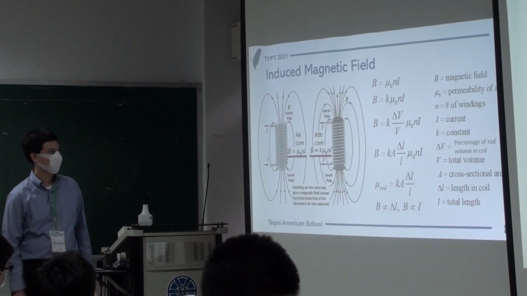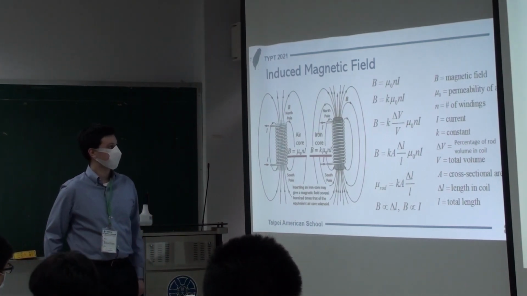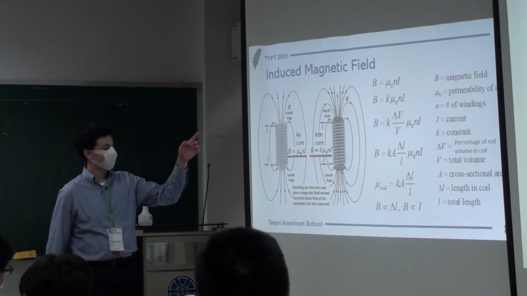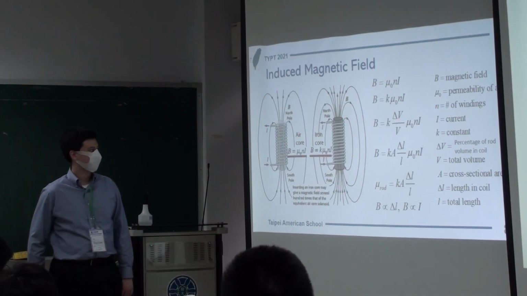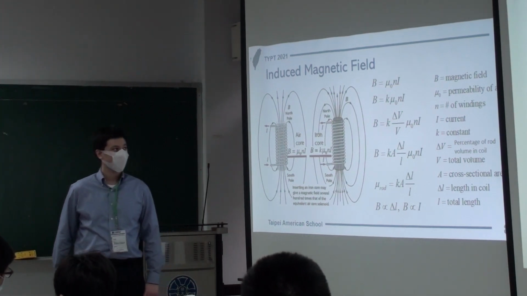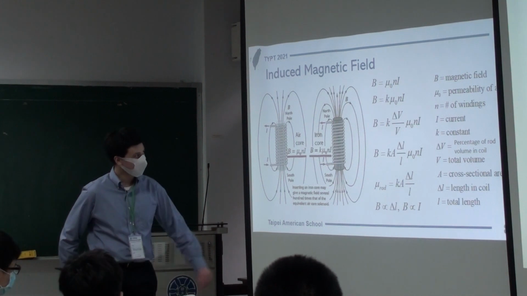So now let's get into our theory. Inside of a solenoid with nothing placed inside it, the magnetic field is going to be the permeability of air times the number of windings of the coil times the current passing through the coil. And when we place a ferromagnetic object inside of the coil, we're going to assume that